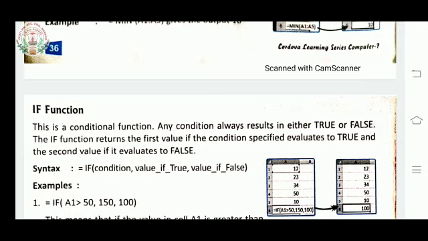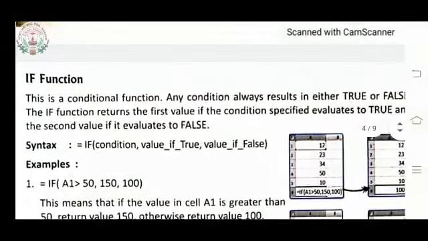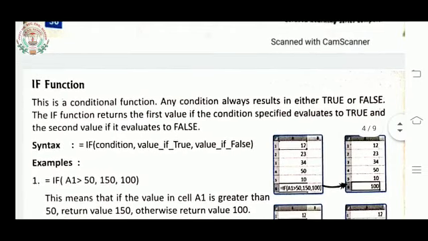So this is a conditional function. A condition always results in either true or false. Sometimes the condition can be true and sometimes it can be false. If you fulfill the condition, it will be true, and if you do not fulfill the condition, it will be false.